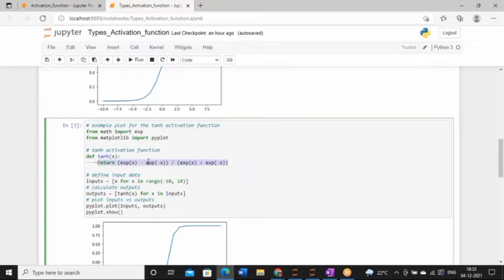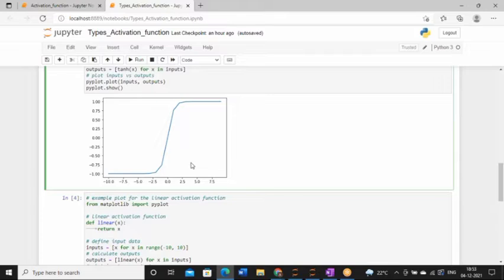And here you have to remember one point: the larger the input, meaning if your input is more positive, the closer your output will be to 1. Alternatively, a more negative input means your output will be closer to -1. So this thing you have to keep in mind. In the case of the sigmoid function, a more negative input means it is closer to 0. But in the case of the hyperbolic tangent function, a more negative input means it is closer to -1. And the formula of tanh is this one. If you execute this code, you will get this kind of shape.